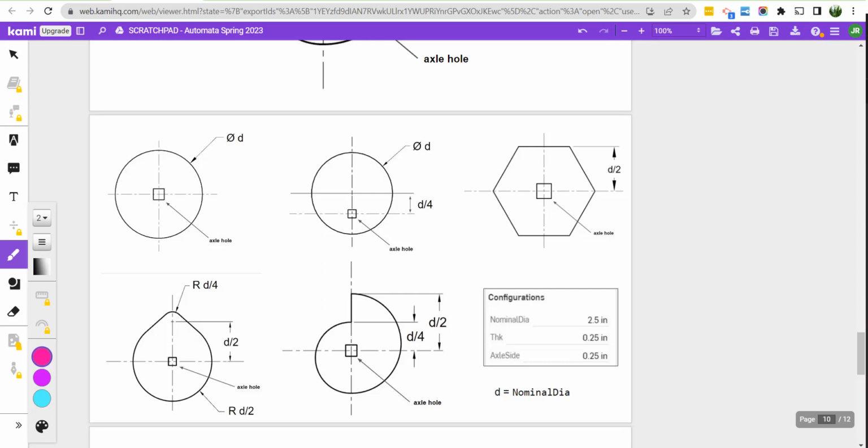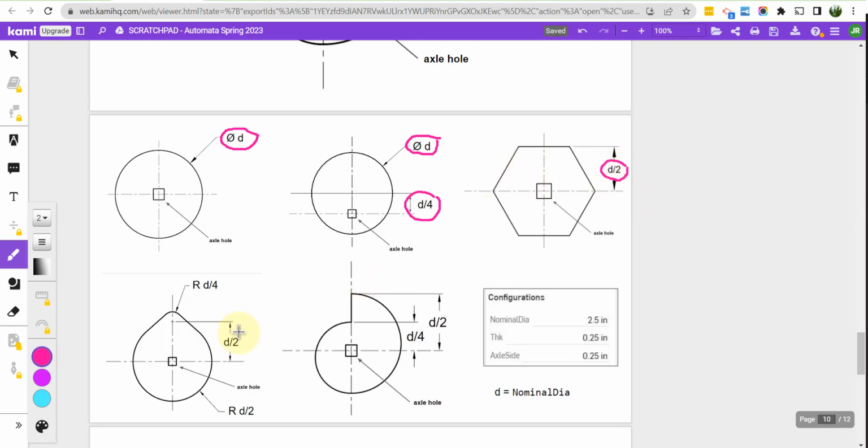In this video, we want to set up Onshape so that we can make any cam that we want and be able to change its overall size but not really its shape by changing one parameter. For the round cam, it's obviously just the diameter of the cam. For the eccentric cam, we're going to have two parameters. We're going to have the diameter, and then we're going to have the offset of the center of the circle from the axis. And then for these other ones like the hex cam, we're going to have d over 2